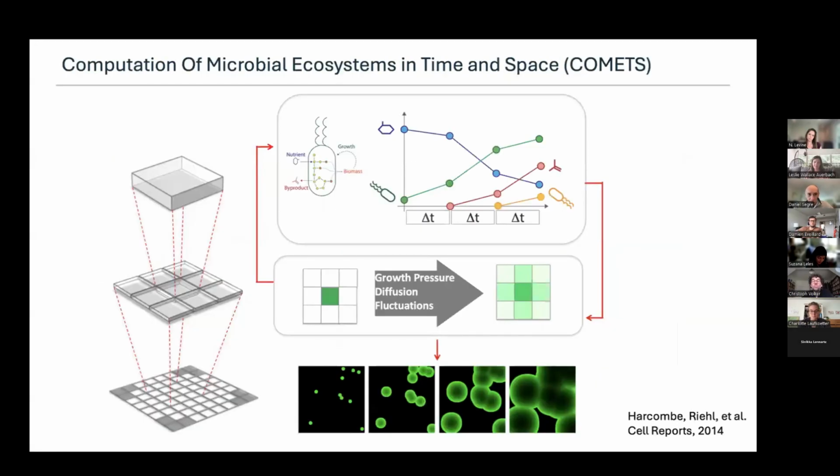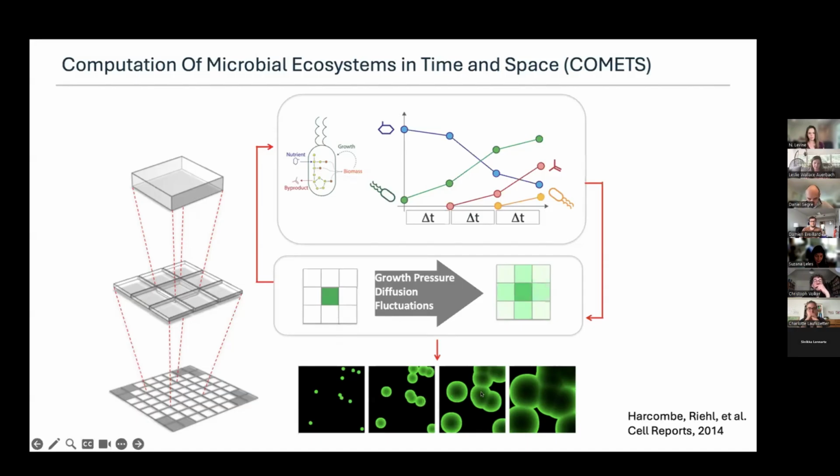I want to show how we extended this idea of dynamic flux balance modeling to also include the spatial structure. And the idea is the following. You can look at a box of space and assume that there is a certain concentration of microbes in that box. In that box, dynamic flux balance analysis will operate as I just illustrated. And in addition to this, you can model diffusion of molecules and cells across a grid. Ultimately, developing simulations that will take into account whole cell metabolism as well as the growth process and diffusion of molecules.